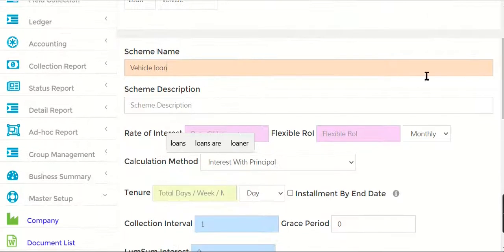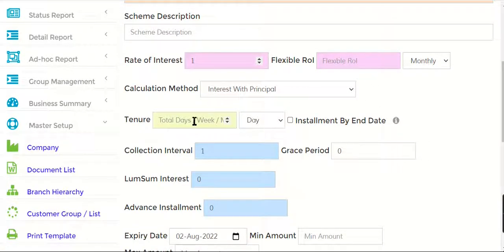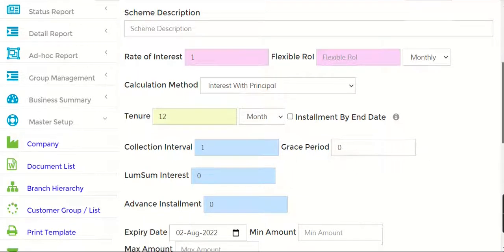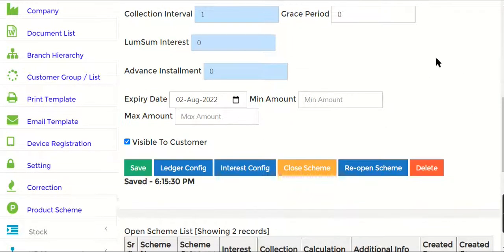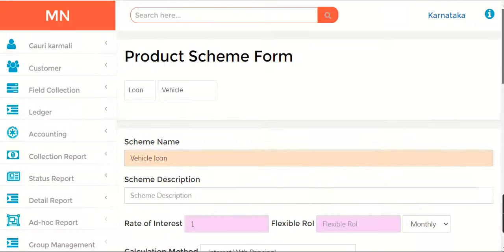Okay, you can add the scheme description and everything. This will be 1%. See, this is flexible ROI. If you wanted to jump after a certain period, you can add that as well. So this will be for 12 months. And then I'm just going to save this. So you can see a vehicle loan scheme has been added here.